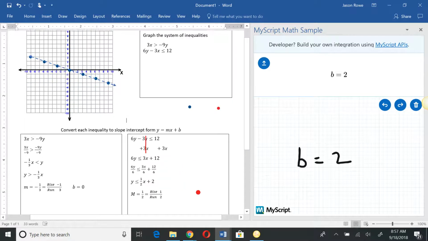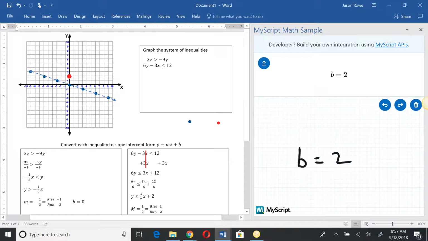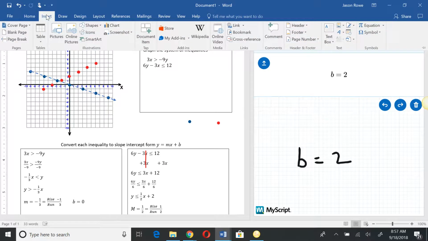All right, so we're going to start this one at +2. And then we're going to go up 1, right 2. Up 1, right 2. And I'm going kind of quickly because I know you don't necessarily like watching these videos for 15-20 minutes. So there we go. I'm gonna do just a couple more real quick, and then I'm going to insert this